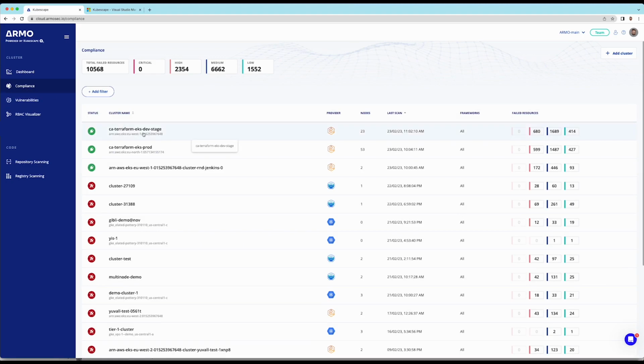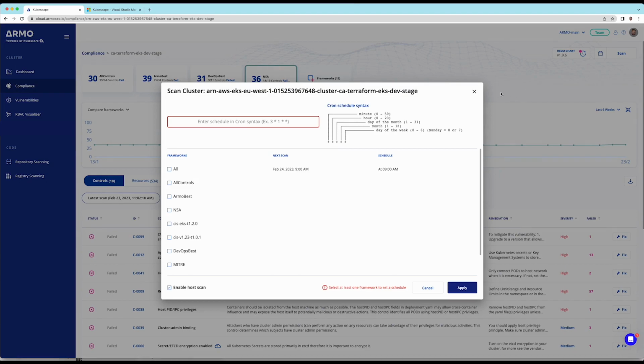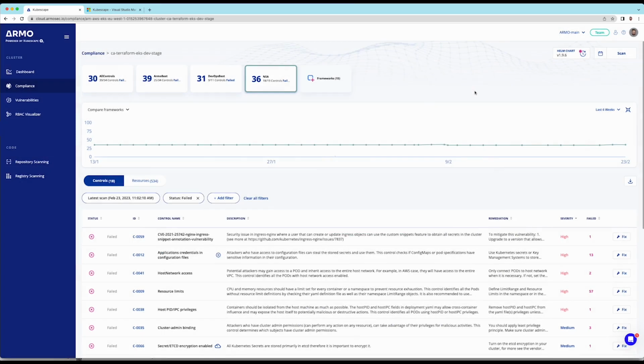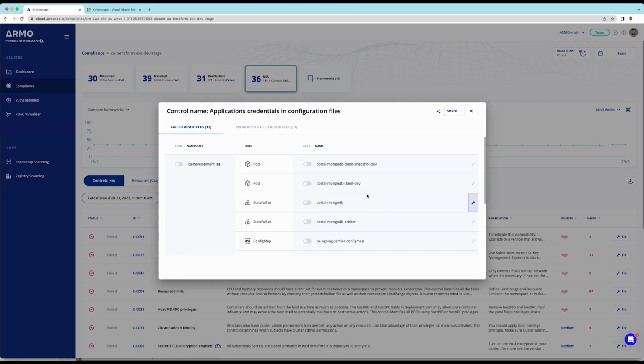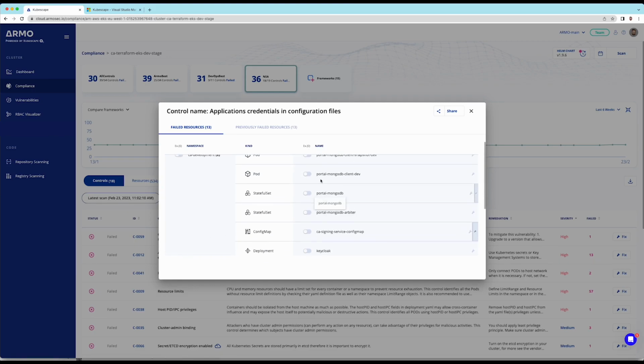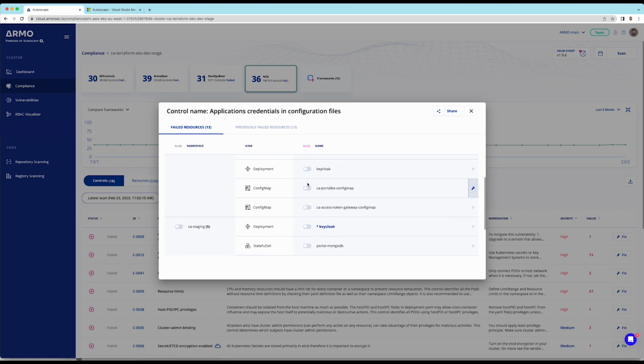You can run scans manually or according to a scheduled interval using cronjob. And focusing on the control that we just looked at, the application credentials, when I click on it, I see which resource failed against this control. I can exclude findings that are approved by me. Some manifest files have this configuration by design, and some are being excluded for you in order to reduce the